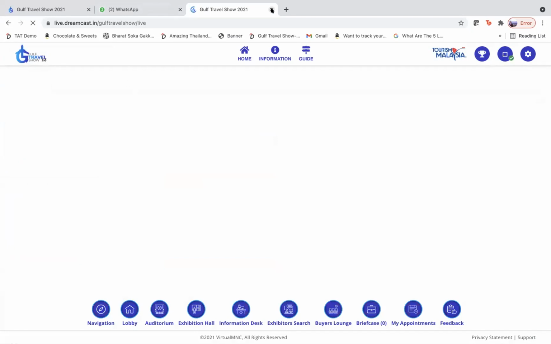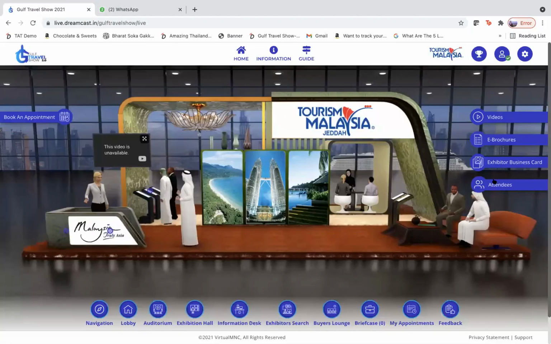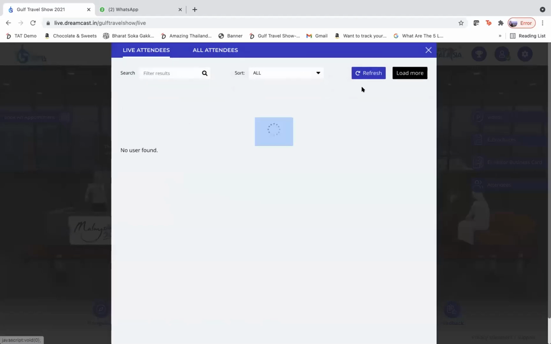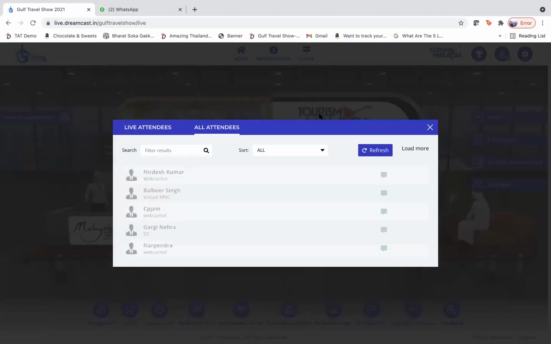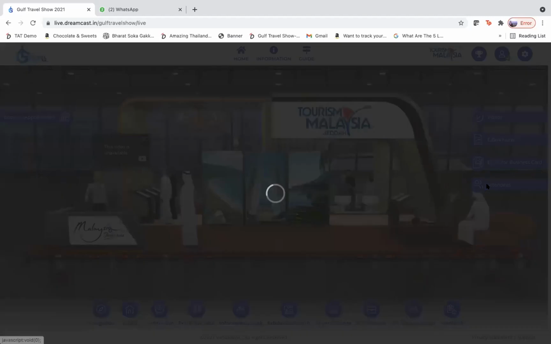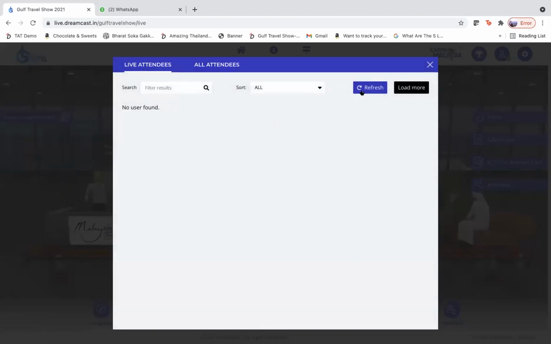See, this kind of issue happens when you're logging multiple links. And here, when I see the attendees, right now I can refresh it to see. Angelito, I can't see you right here. Can you drop a message to the admin? So when you log in as a buyer, you can go to speak to the pavilion representatives. There'll be an icon, and then speak to the admin and you can start talking. I don't see any live attendees here as of now.